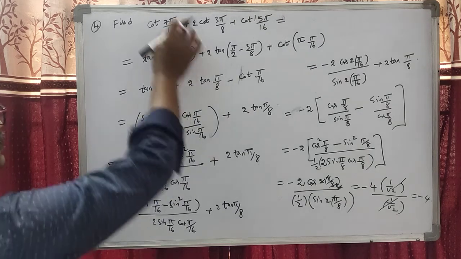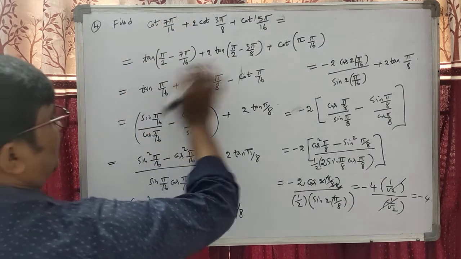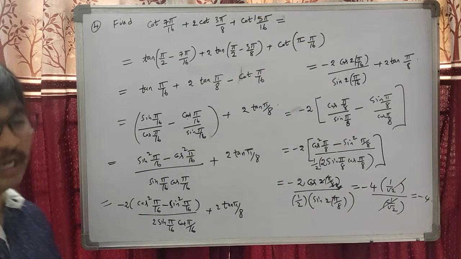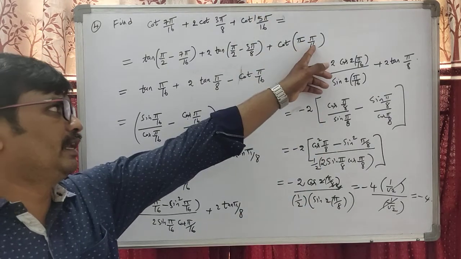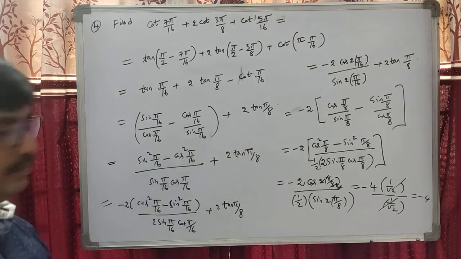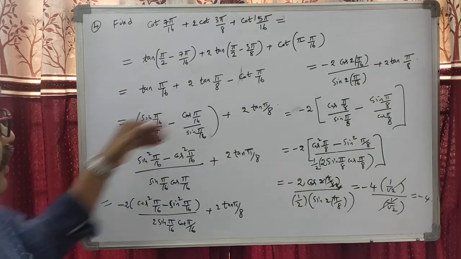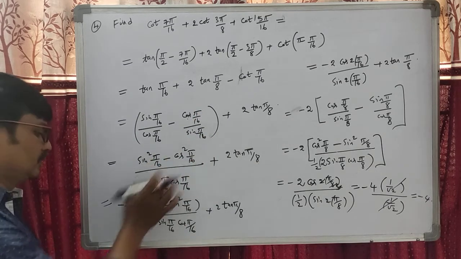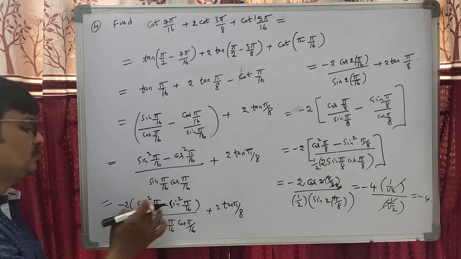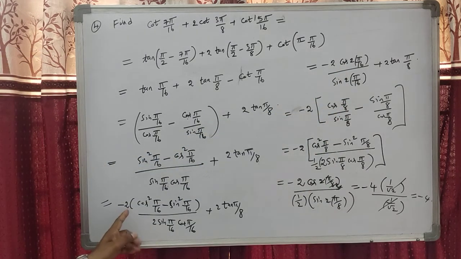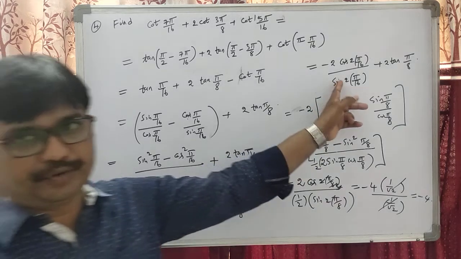The first we can write as tan of 90 minus theta, cot theta, tan of 90 minus theta, cot theta. This is pi minus pi by 6. After that, students, cot of 180 minus theta, minus cot theta. Just take the first and last terms. The tan is sin by cos, cot is cos by sin. After that we take the LCM. Then also take the common minus. This is cos square a minus sin square a, which is cos of 2a. And also we take into 2 by 2. 2 sin a cos a is sin of 2a.